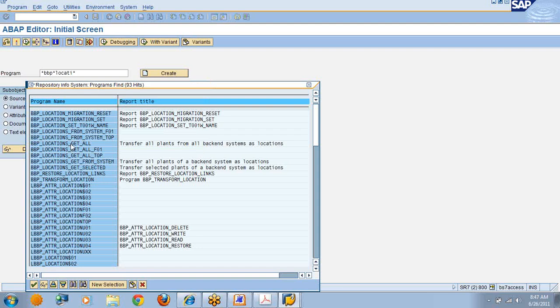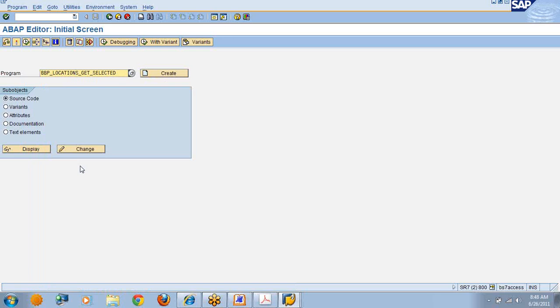That means if you want to replicate all the plants, you can do it with this one, get all. One more program we have is locations get selected. These two programs are useful for our purpose. Now I want to replicate only a specific plant, 9000. I don't want to replicate all the plants from the SAP system to the SRM system. How can I do it? I can go to BBP location get selected,